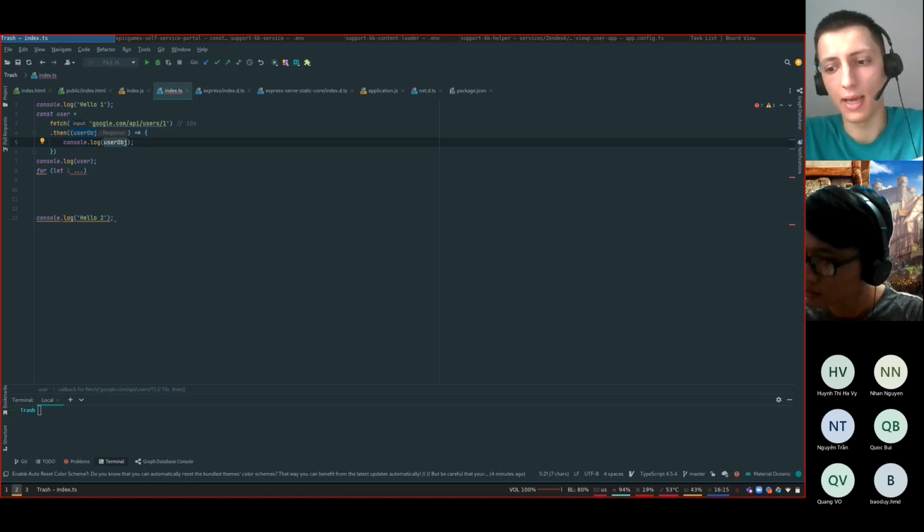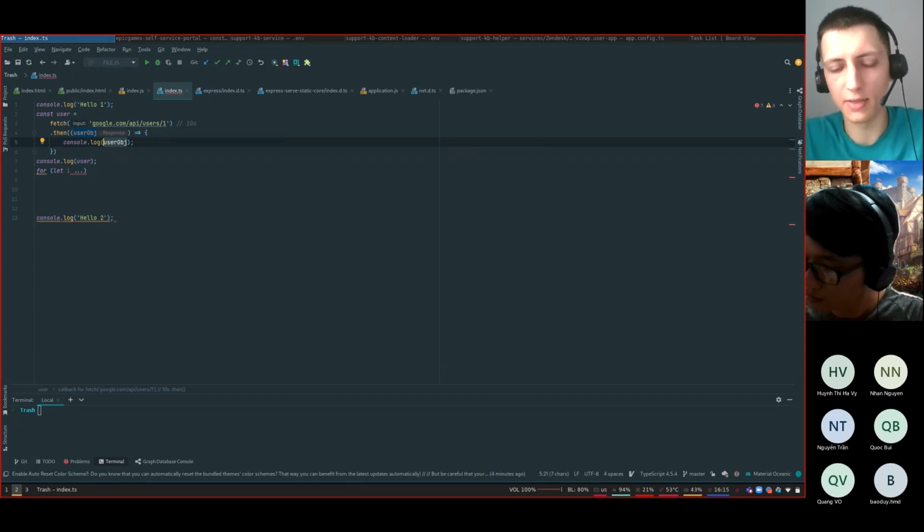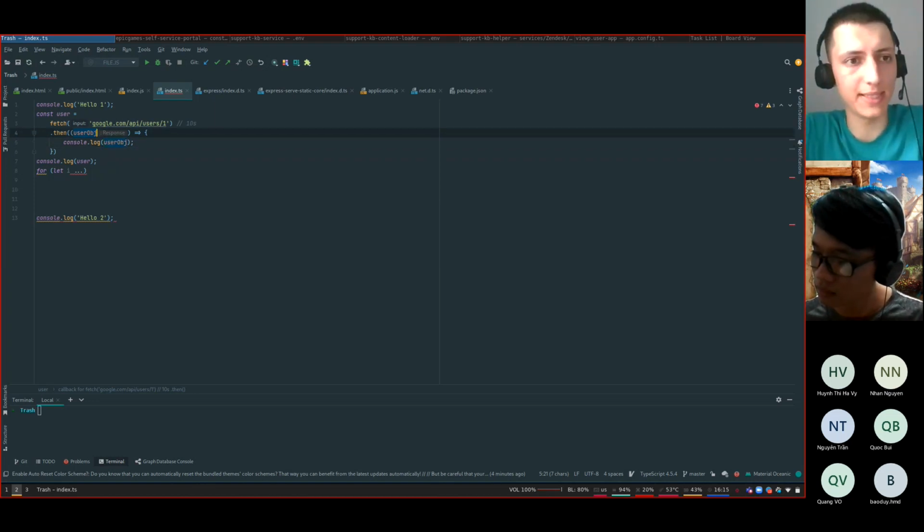JavaScript will keep executing the code right after these operations, but it will subscribe to the result of these operations and execute the handlers after. So the idea of this single thread is that we do not wait, we do something all the time.